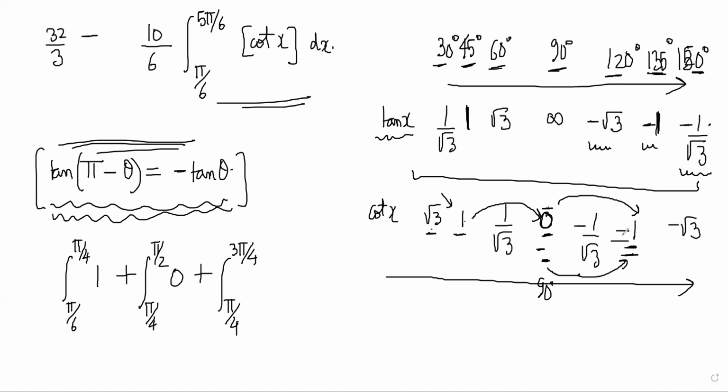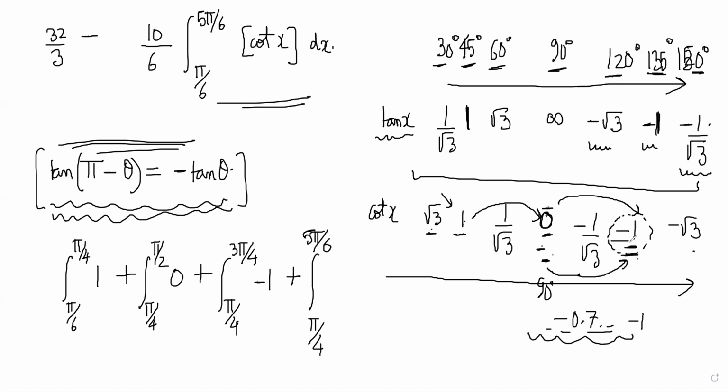So GIF should be what? -1, no? If something is becoming negative and reaching -1 at this point, it was some fraction like -0.7 or something before, no? Something like this. So sir, on all of these points GIF is -1, no? Yes, sir. And finally, from pi by 4 to 5 pi by 6,